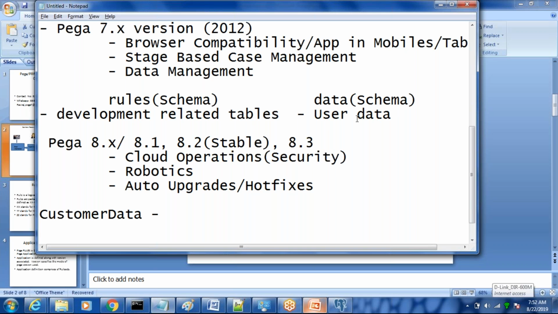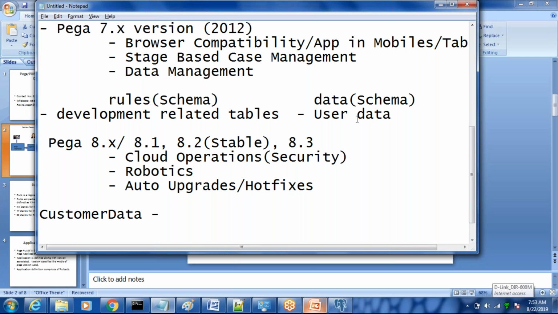So automatically it will go inside the data schema itself. Whereas if you have an external DBA who writes the query for creating certain tables, like create table, table name and so on, and you take care of inserting the data, those tables will come as part of a separate schema called customer data.